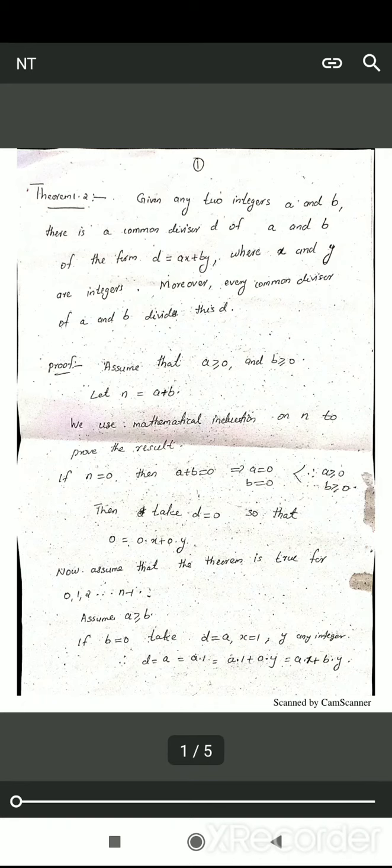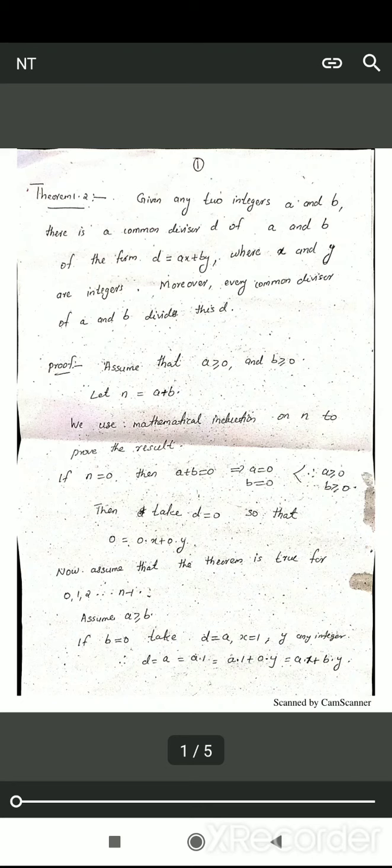When a number d divides a number n, note that when I am saying a number, it must be an integer. So, an integer d divides an integer n if n is equal to c into d for some integer c. For example, 2 divides 10 because 10 is equal to 2 into 5. 1 divides 10 because 10 is equal to 1 into 10. So, what are the divisors of 10? Plus or minus 1, plus or minus 2, plus or minus 5, plus or minus 10.